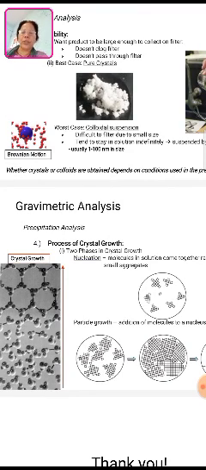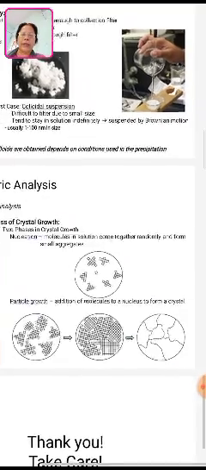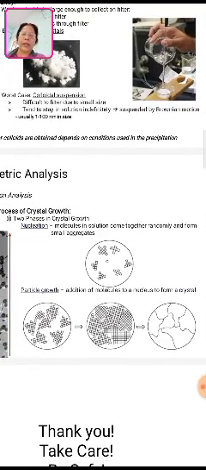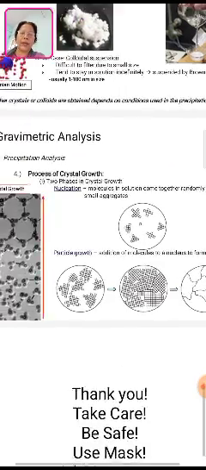The fourth topic is the process of crystal growth. There are two phases of crystal growth. The first is nucleation, the process where the nucleus can grow in a proper manner. Molecules in solution come together randomly and form small aggregates. The second is particle growth, the addition of molecules to a nucleus to form a crystal. Thus, one molecule, a second molecule, a third molecule get attached, and a crystal is formed.